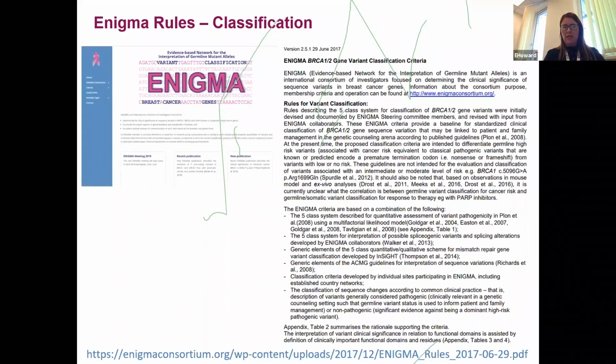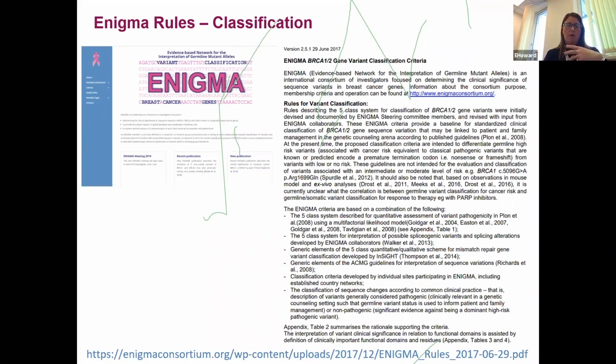Just to also emphasise that Enigma also do have their own set of classifications, a set of guidelines. This is a 5-class system as well, and it was initially devised and documented by the Enigma steering committee members and revised with input from the Enigma collaborators. The benefit of this guidance as well, and I think I mentioned it previously, particularly they have very good tables